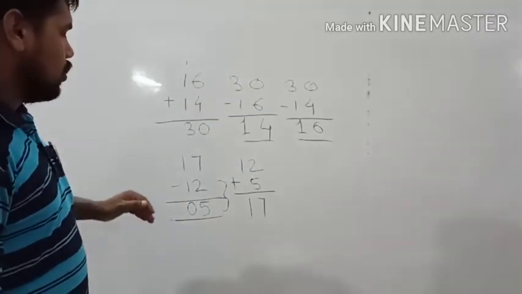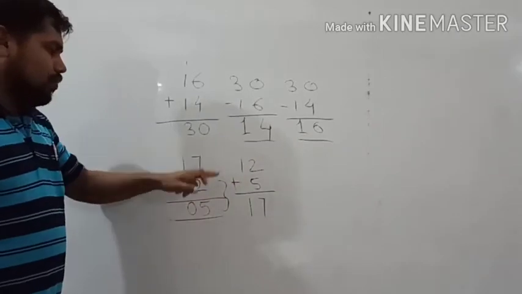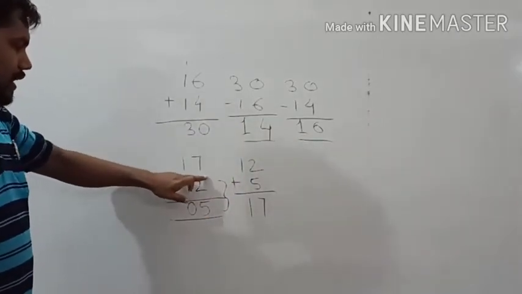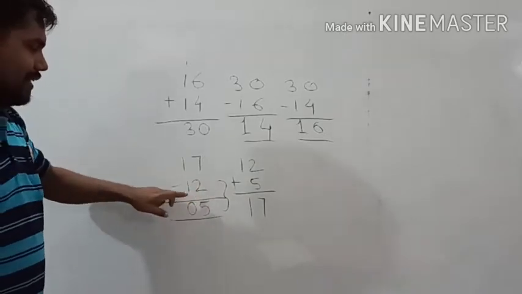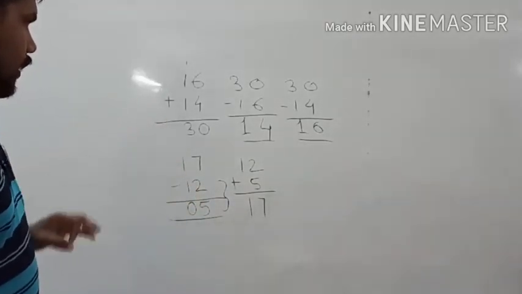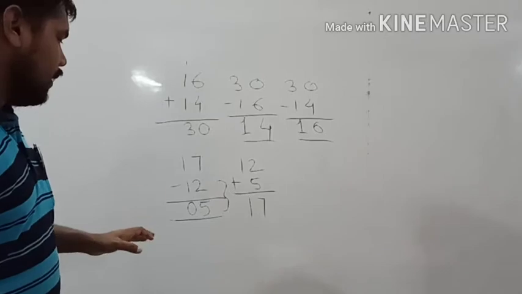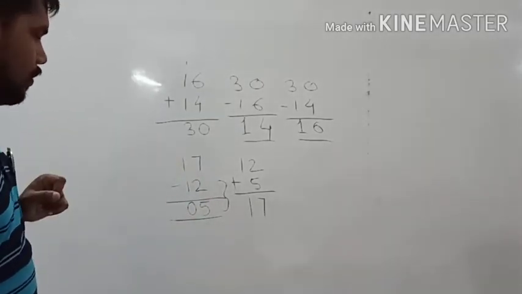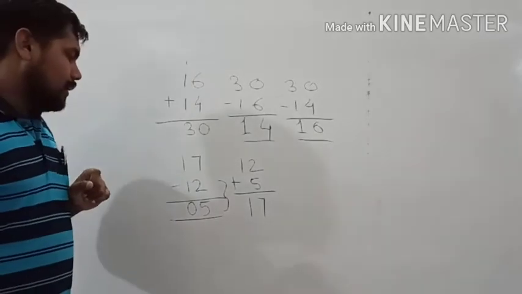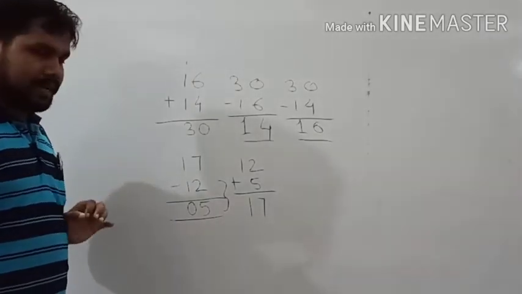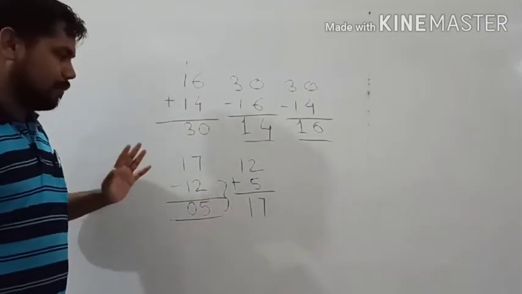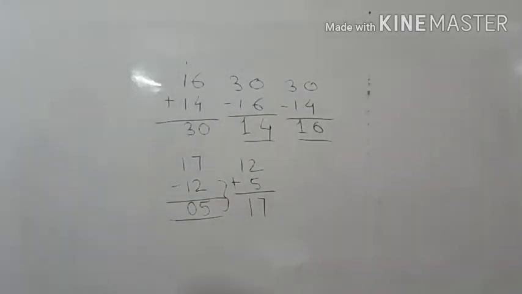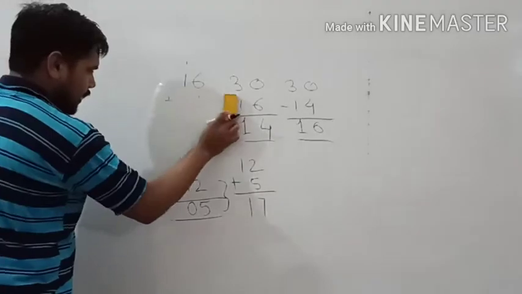Okay. So we verify by adding the smaller number and the result. That means when we add the subtrahend and the difference, then we get the minuend. Okay, and this is the verification of subtraction. So addition, subtraction. Now let us see multiplication also and division also, which we will see in this chapter.